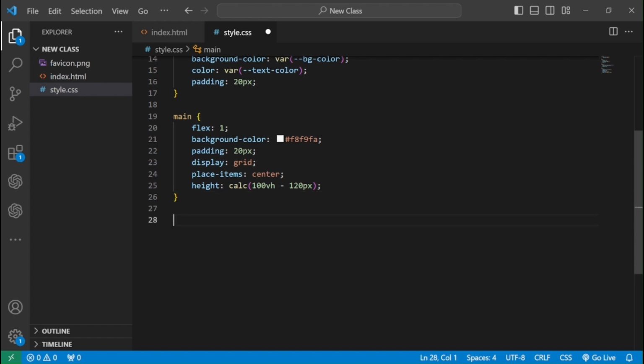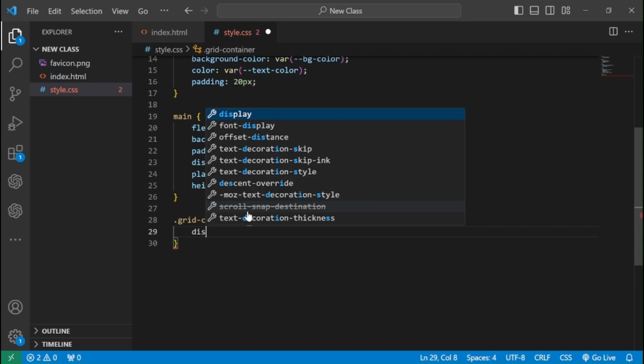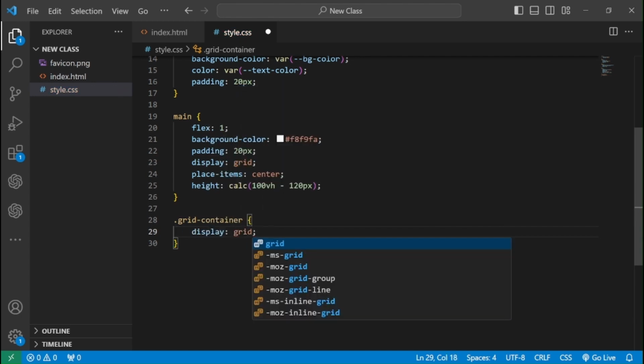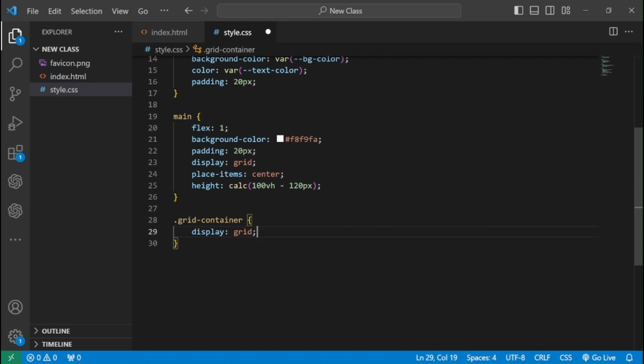So let's just scroll a bit like this. And the next thing is styling our grid container. Sorry, the class grid-container we have created. Grid dash container like this. This grid container class we have created. And for our grid container class, let's make sure the display is also grid like this. And the next thing